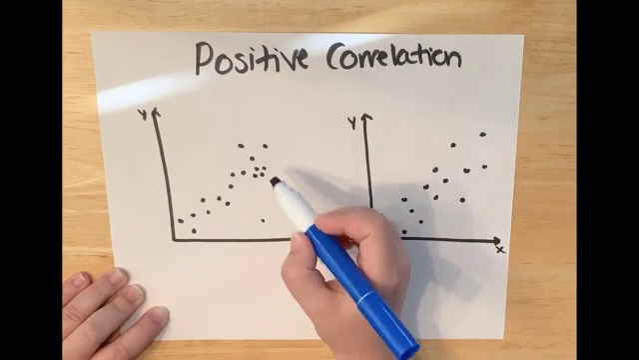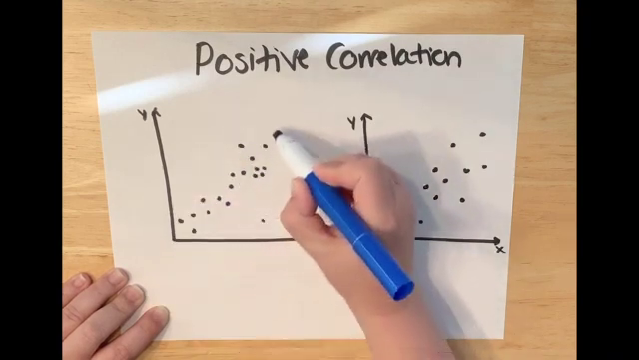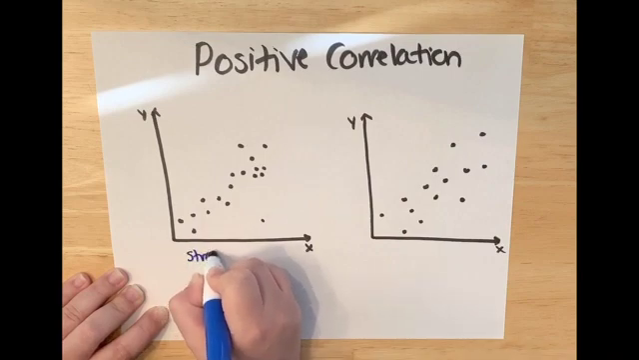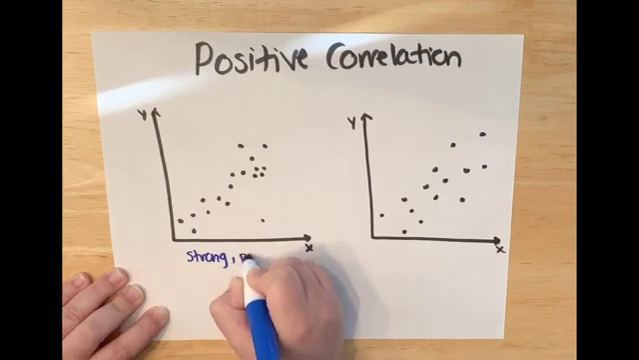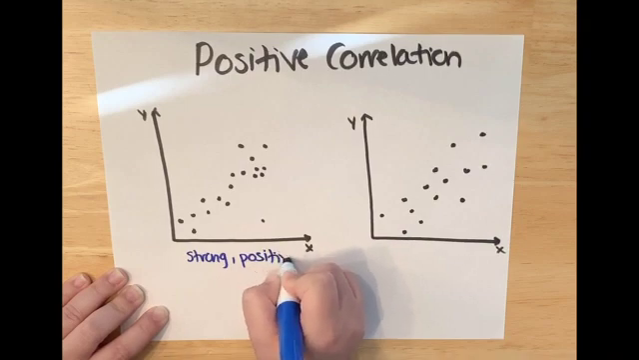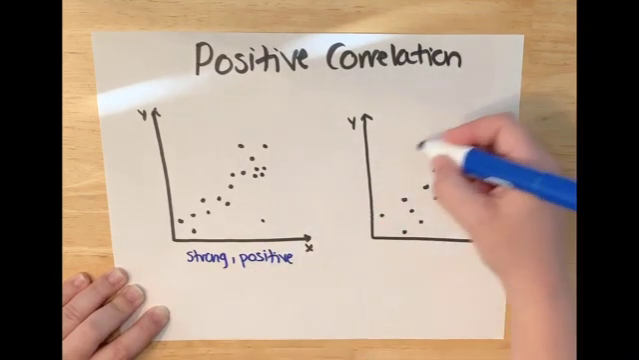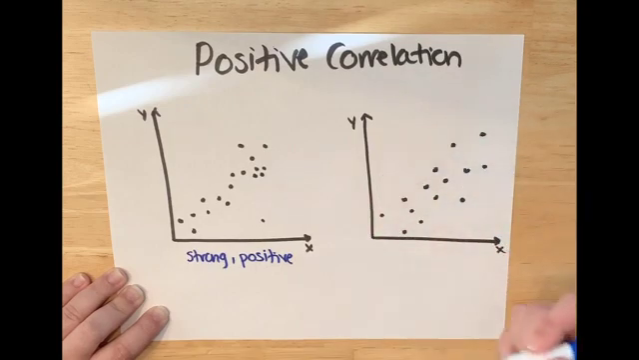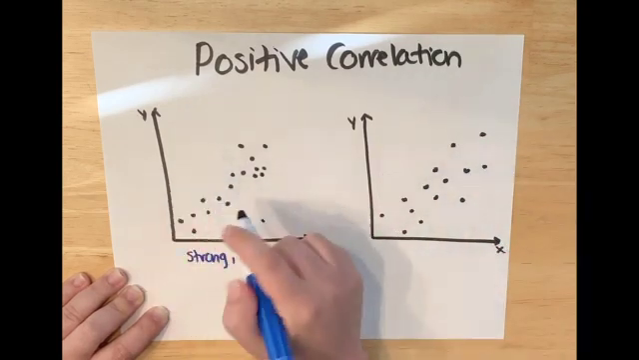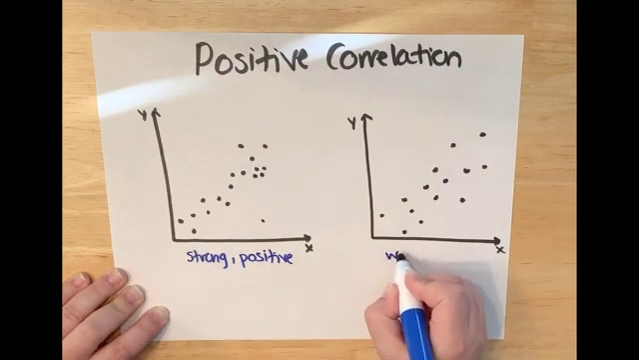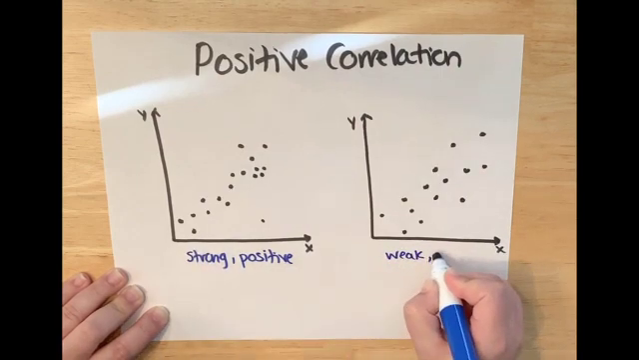So in this one, these are pretty close to making a line here. So we're going to say that this one has a strong positive correlation. Over here, these are a little bit more spread out. They're still kind of line-esque, but they're not as tight and close together as the first one. So we're going to consider this one a weak positive